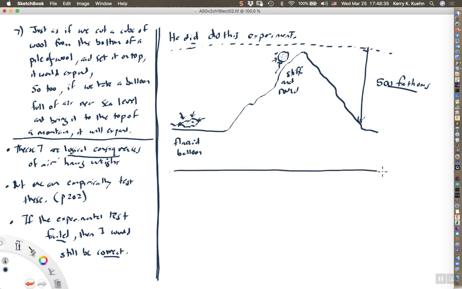I forget the year it was, sometime in the mid-1600s, that in fact did verify these claims that he was making, and it really strengthens his claim that the air has weight, and the weight of the air is responsible for phenomena such as this. So I will stop here, and next time I will go on to talk about a few more of his